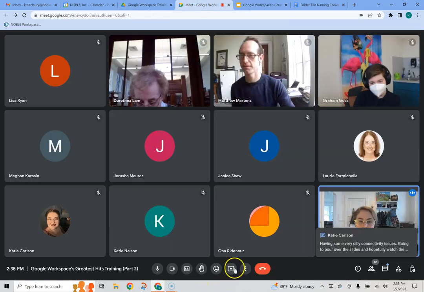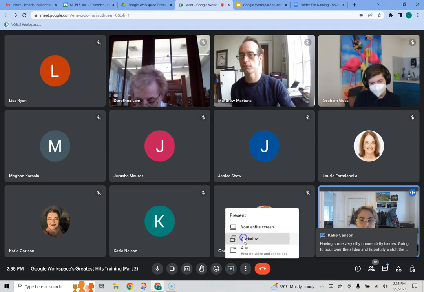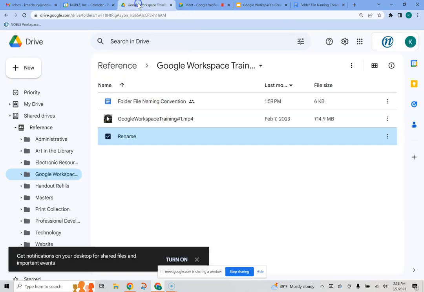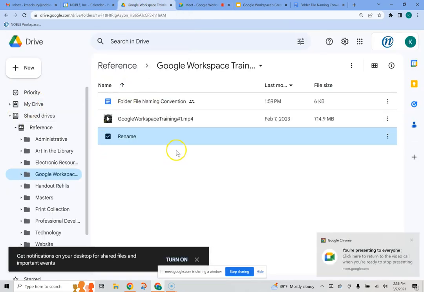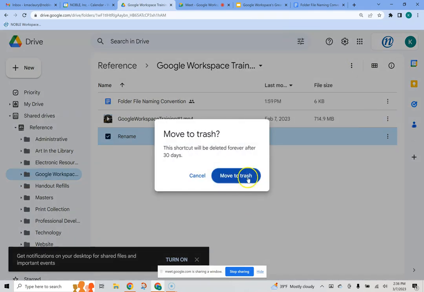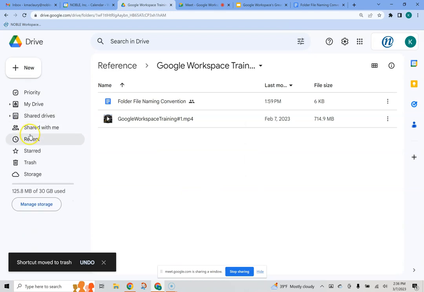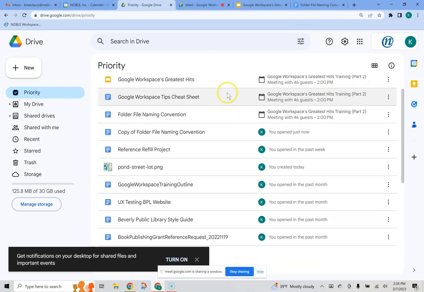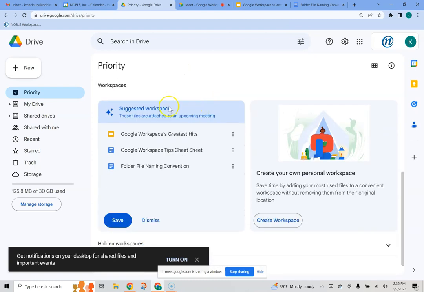All right, let me do a screen share again. We're going to go back to Google Drive. I'm going to delete this shortcut because we don't need some random shortcut somewhere. Okay. A neat little tool here in the priority area of Google Drive. If you scroll down a little bit, there's a thing called Workspaces. And what these are basically